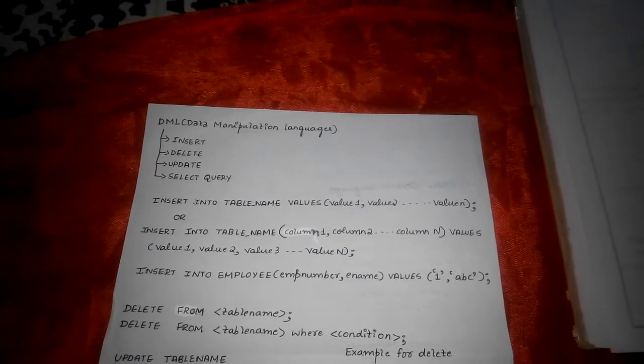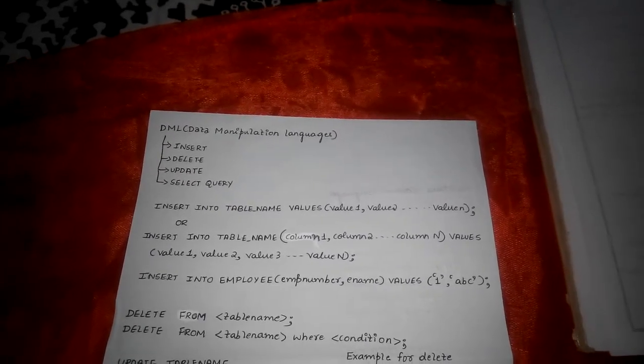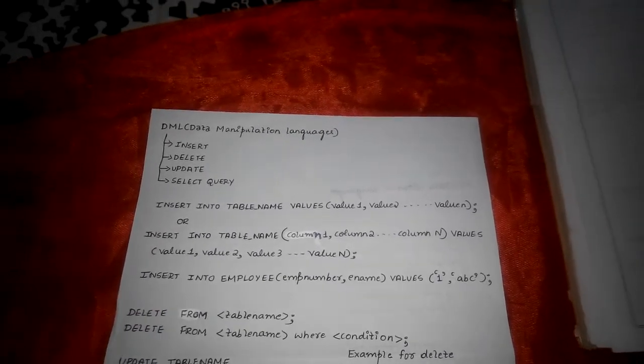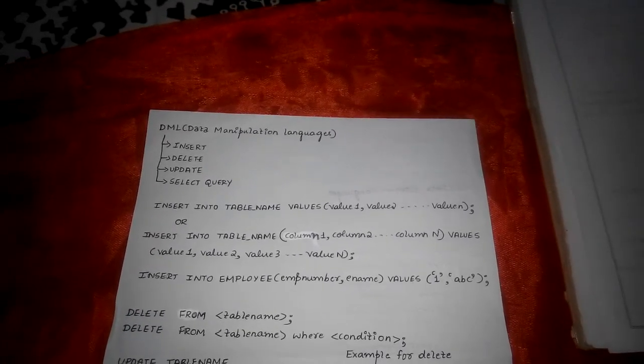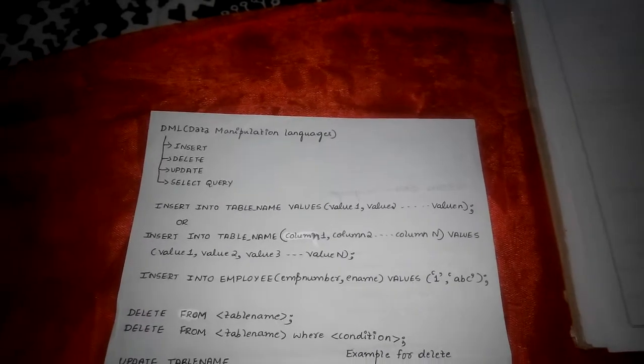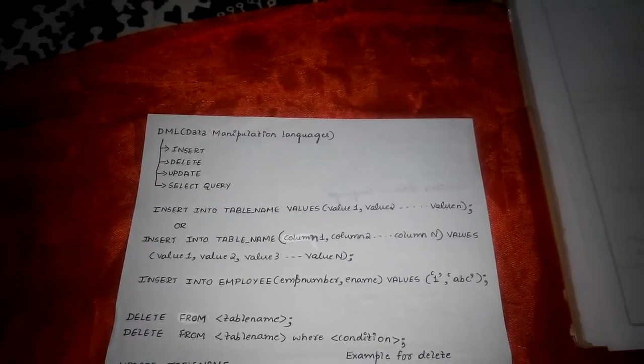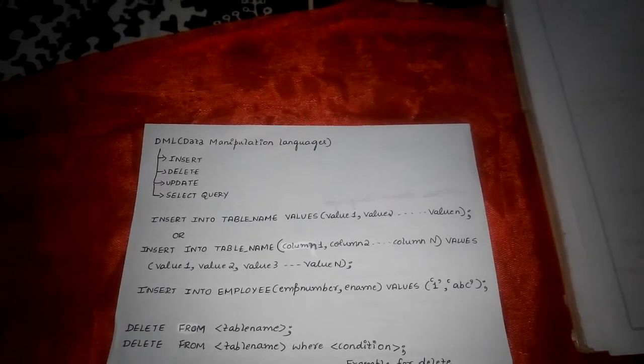The first one can be used whenever you want to assign values to all the elements in the table. And if you want to omit giving values to any attribute, you can omit that attribute. But you cannot omit a primary key, as primary key value can never be null.